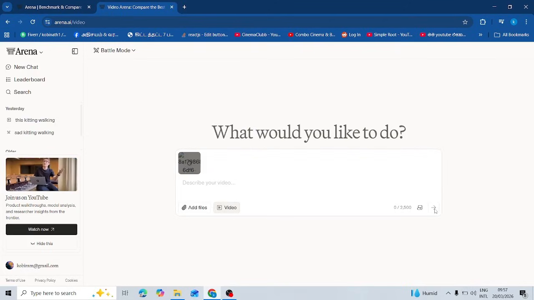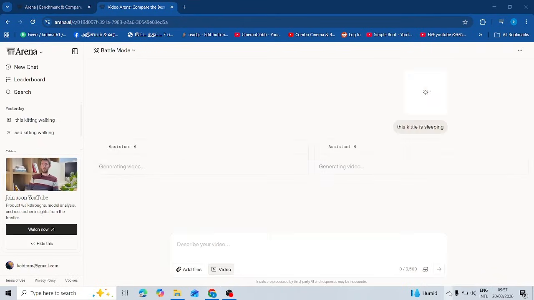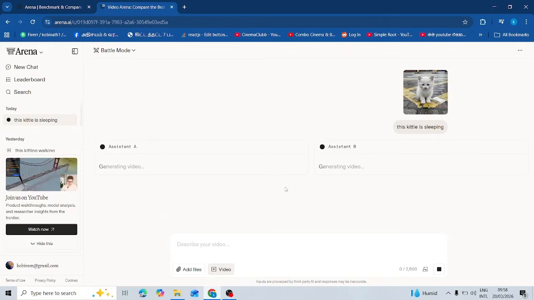The image is still downloading, so first you have to insert the image and download it. Okay, it's starting to generate the video. You can see that there are two videos being created at the same time.